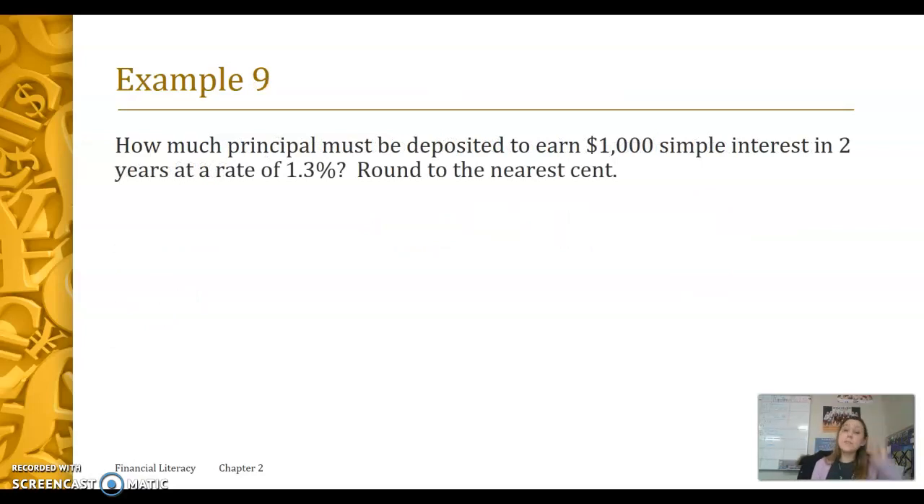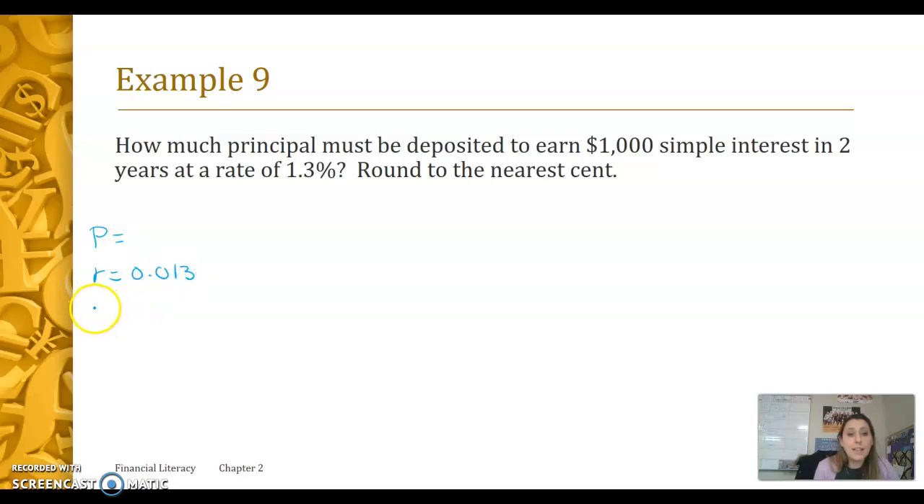Okay, so now this one's a little bit different. This one we have to set up. We don't know what the principal is. It says how much principal must be deposited. I don't know. But we do know the rate. The rate is that